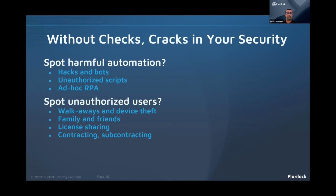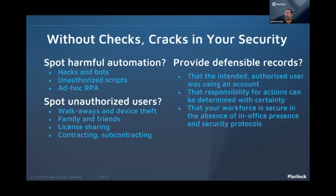Things like unauthorized license sharing, allowing other users to use licensed office resources, are going to cost the company money as well. And unsupervised and unapproved contracting or subcontracting, like I had mentioned earlier. So the ability to provide defensible records that the intended authorized user was using an account, that the responsibility for actions can be determined with certainty, and that your workforce is secure in the absence of an in-office presence are all challenges that exist today. And answering these questions today may actually reveal additional cracks in your security process. So it's good to be asking these questions